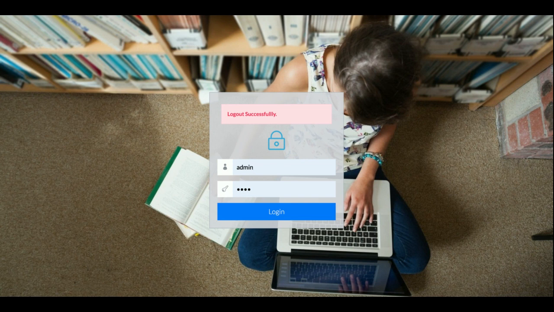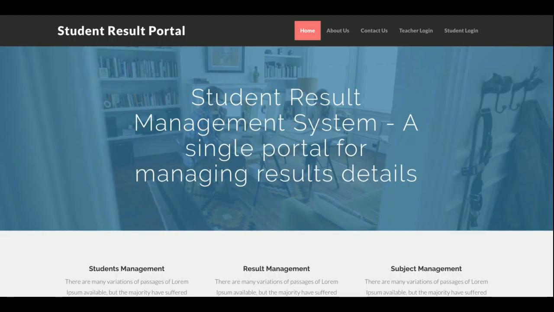So all these things I have developed inside this project, student result portal. And as I told you earlier, this is a major project, and here you will get three types of login levels. The first one is a student, which has limited rights. The second one is a teacher, which has some extra rights compared to students, and admin is a super admin, right? Admin has super rights, all of the rights, right? So these three types I have integrated in this project.